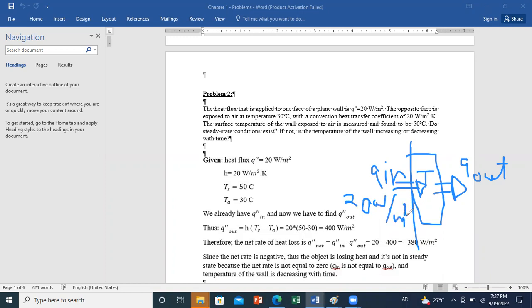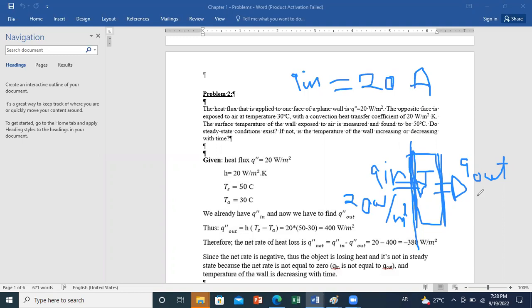We can calculate the area of this wall, but you will see that we don't need it. You know why? Because the area of the inlet face is equal to the area of the other face. So the area will cancel out when we do the analysis, because we can say that Q in is equal to 20 times the exposed area,